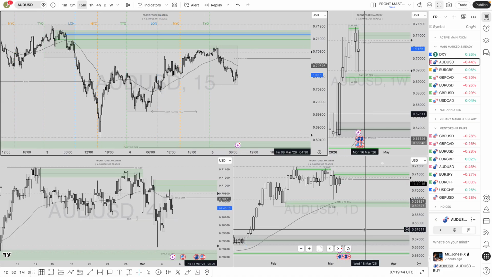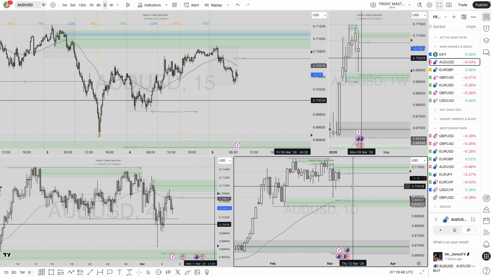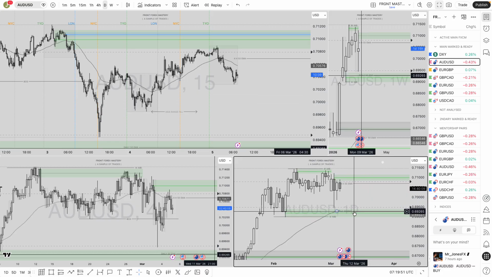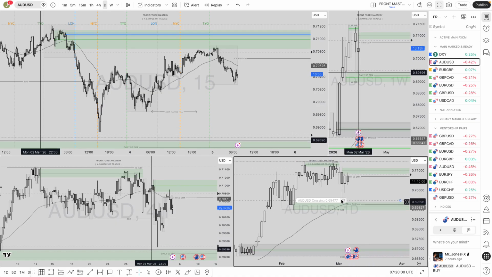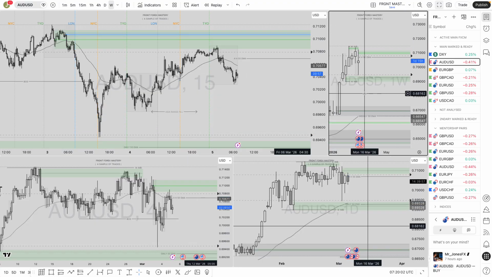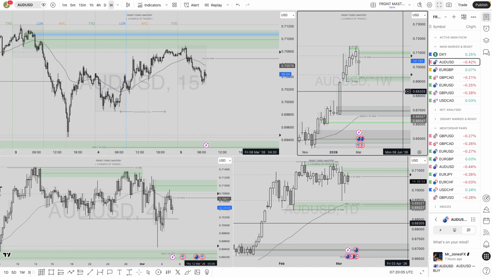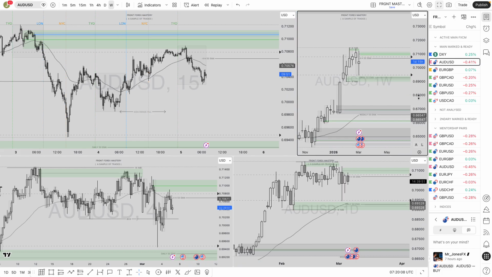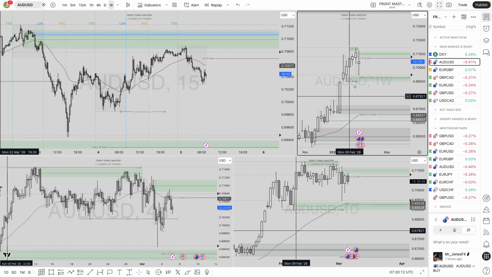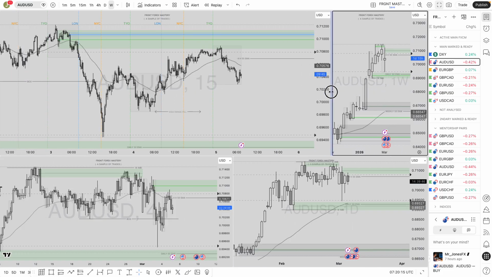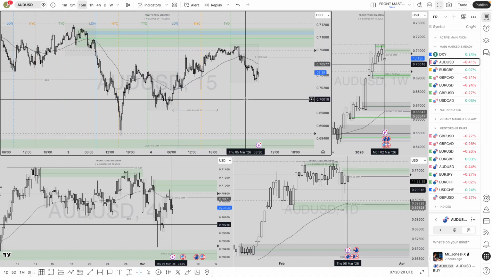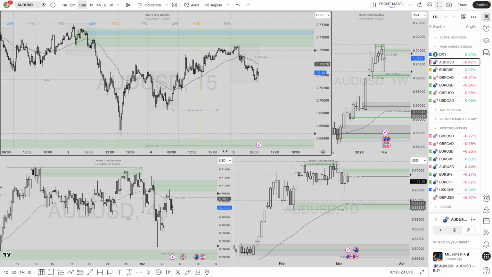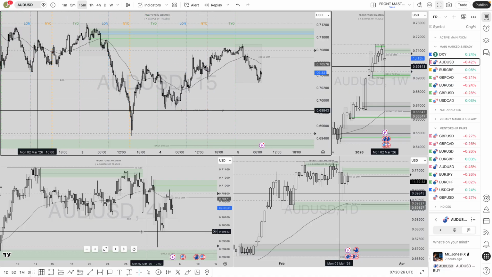So let's analyze the DXY. Why would it be a good time or a good place to be looking for a short position? Well, first and foremost, price hasn't tapped into this daily 50 EMA at any point, so it still remains there. But nevertheless, on the daily time frame, we can see that price is respecting that daily 50 EMA. Looking at the even higher, weekly time frame, there's not a lot to really take into consideration there. Price is just bullish. So we know that on the even higher time frame, any short position on AU would be against all form of higher time frame trade. Nevertheless, we're intraday traders. We're able to take a small fraction of the market and make that make sense.